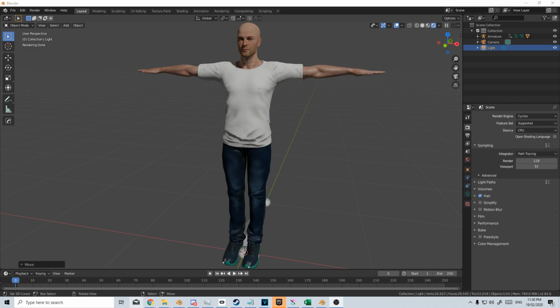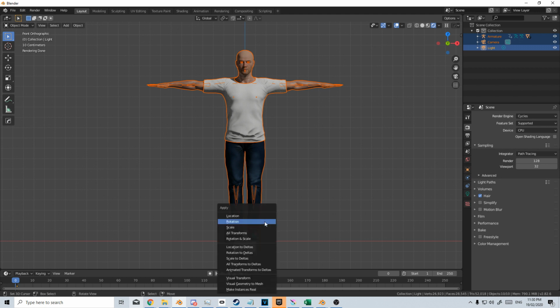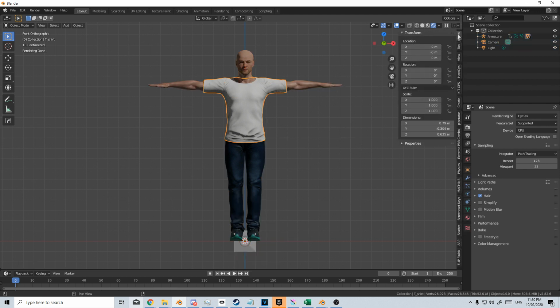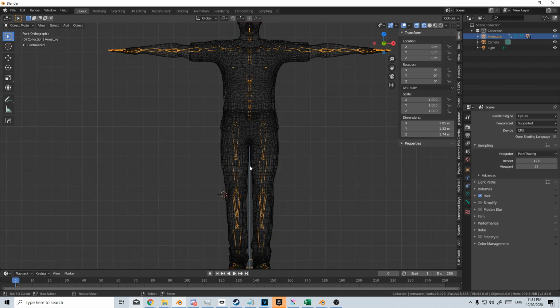Now what I've done is I've left the character to be rigged as is. So if I come in like this, I'm just going to select everything, Control A, and I'm going to apply the scale. And then if we select this shirt, press N to come into items, we can see that the scale is now correct. Now I am going to leave the current bone structure visible so I can use that